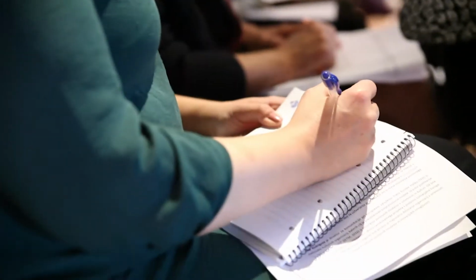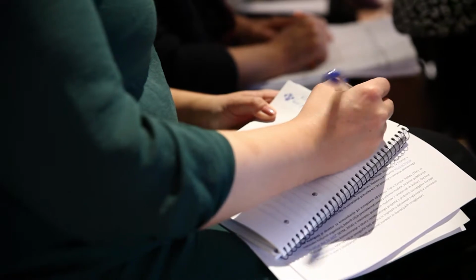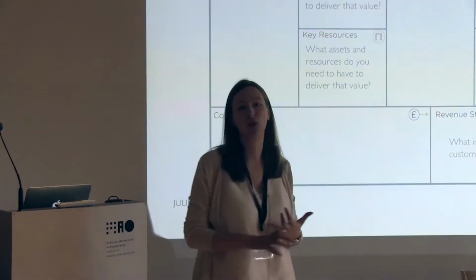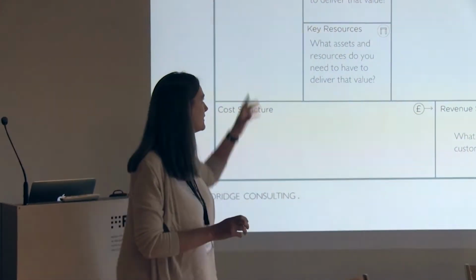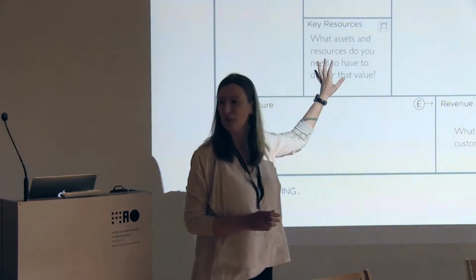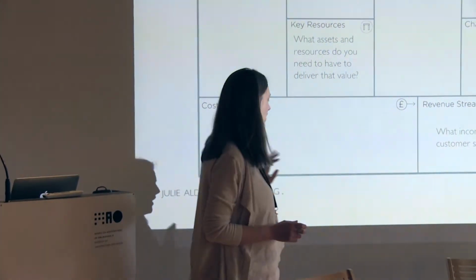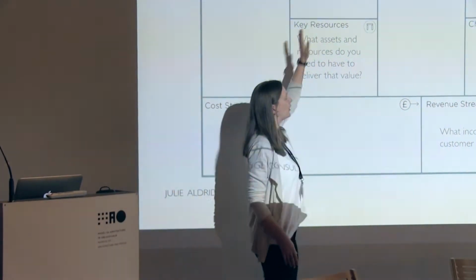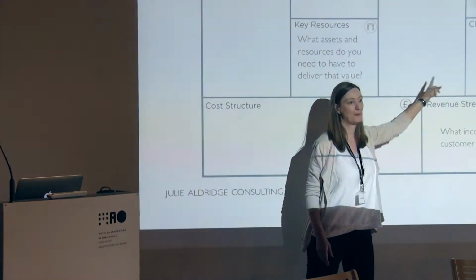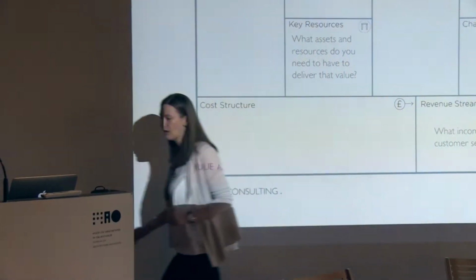Now the thing I would warn against here is that what tends to happen is organisations write a great big long list in each of these boxes about all the things they have and all the things that they do, all the skills they have, all the different activities, exhibitions, workshops, performances, etc. That's not what we're looking for. What we want is what are the essential things that you need to have in place in order to make this value happen for these people.